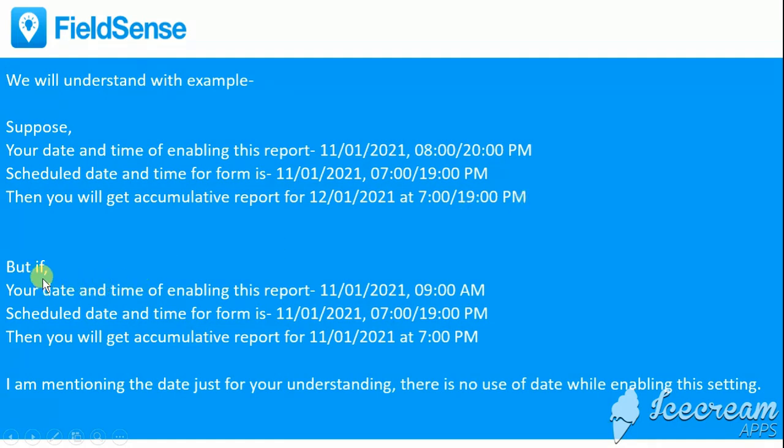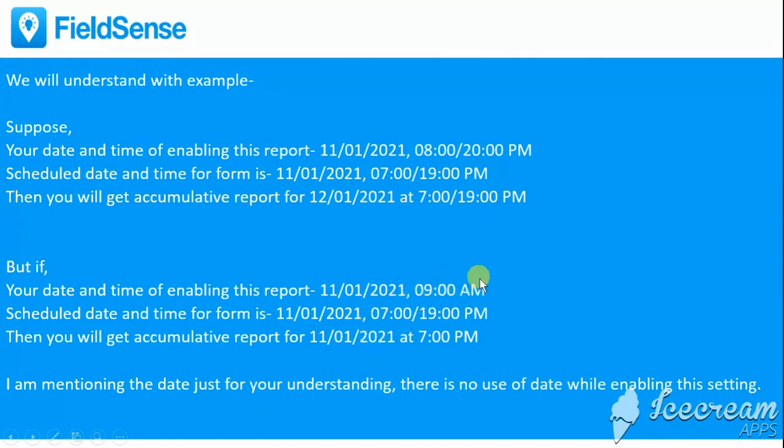But suppose on the same day you are enabling this setting at 9 AM in the morning, then what will happen in this case? In this case you will start getting your cumulative report of the form from the same day, because 7 PM had not passed when you were setting this time.